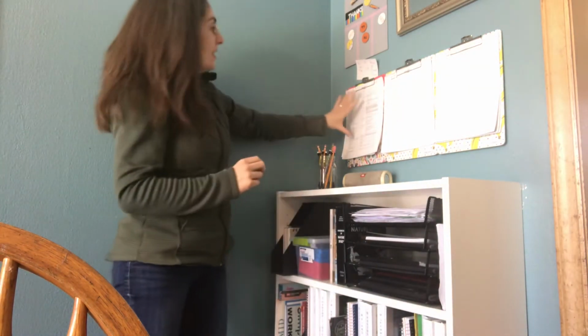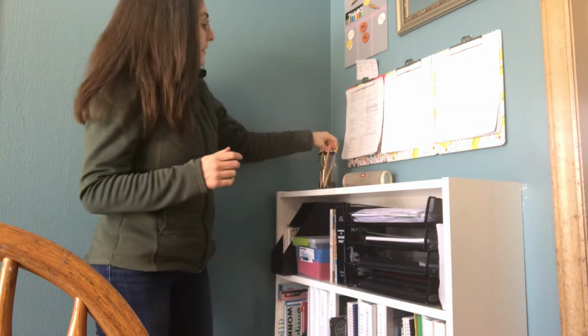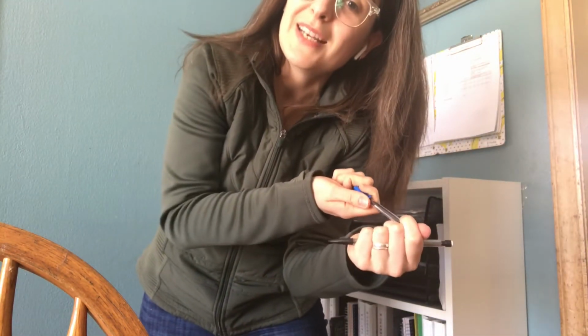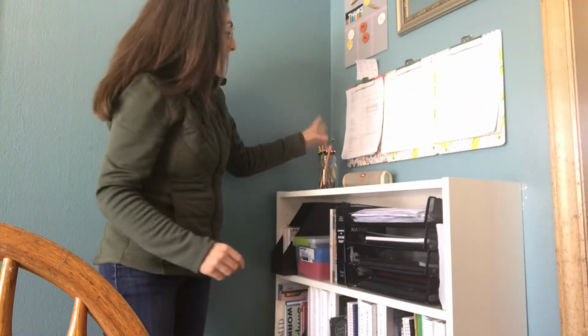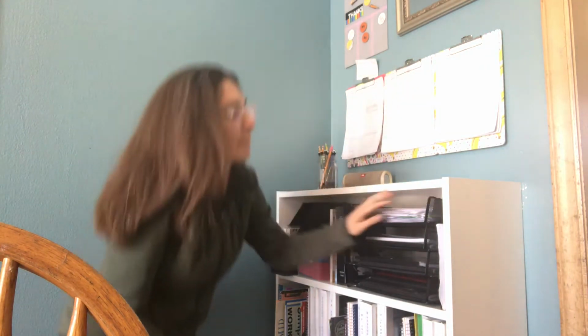Okay, so these are their clipboards. I explained this in a different video, so I'm not going to go into that. But here's all their pencils. I have found that we do really well with mechanical pencils, so they don't have to run and go sharpen their pencil every 5 seconds. And so we just do this. This is my Bluetooth speaker, so we can play music. This is their